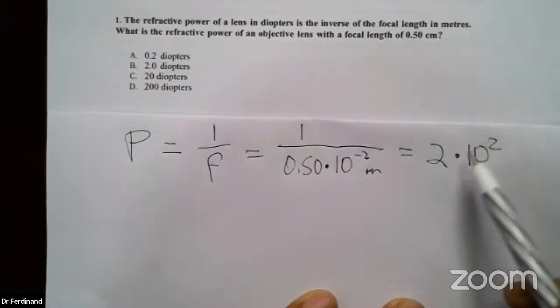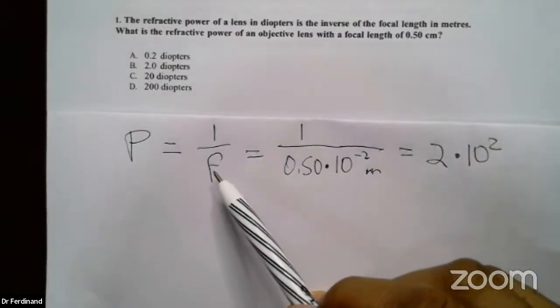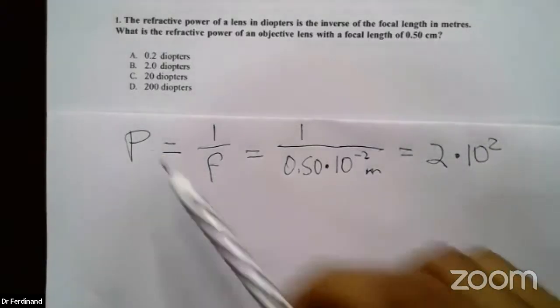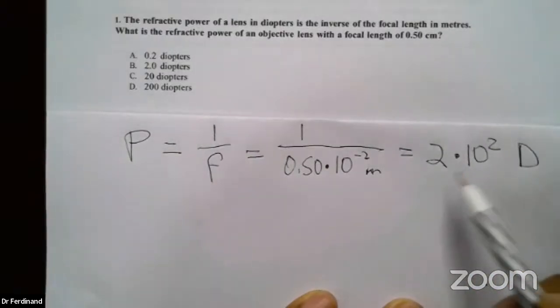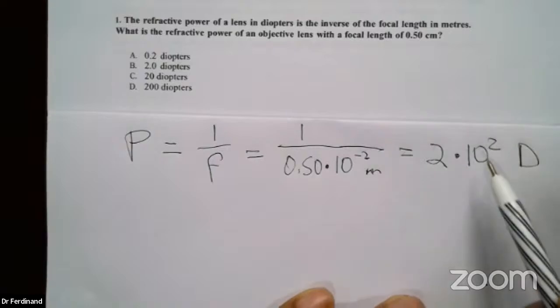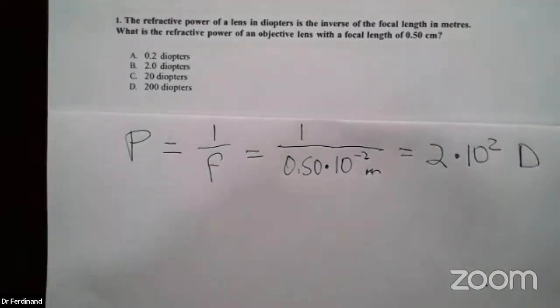So what number is this? We were told if this is in meters, then this is in diopters. So this is in diopters. And so we have 2 times 10 to the 2, that's 200. And so, yes, there's a lot of correct things there. And I know, for some of you, of course, you're just starting to do your practice, so you're just starting to get into the habit. For others, you might look at this and say, oh, it's trivial.